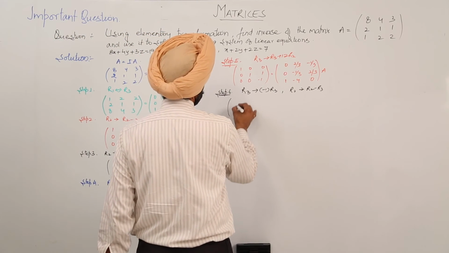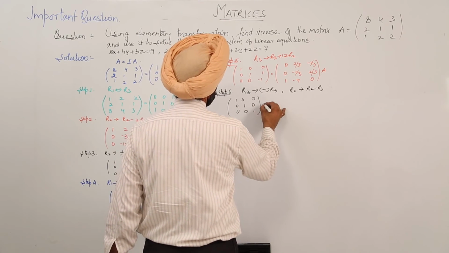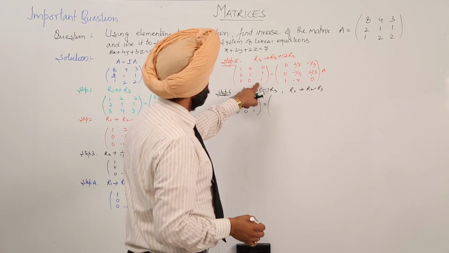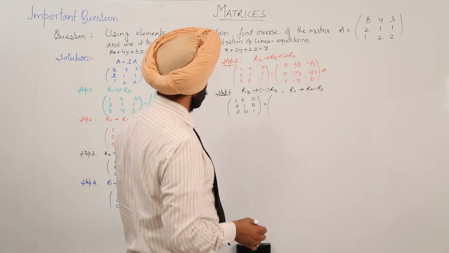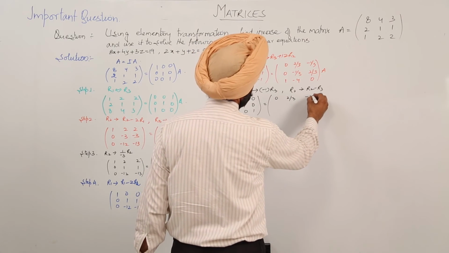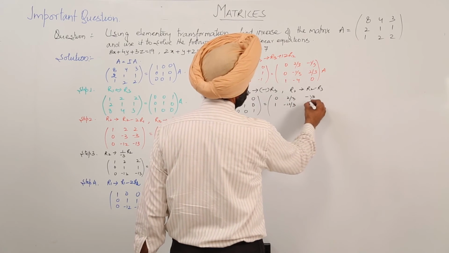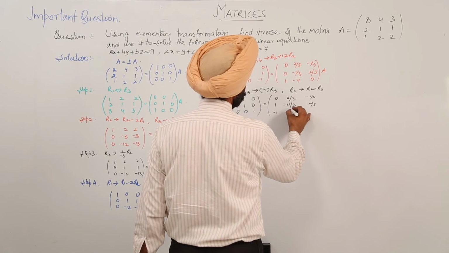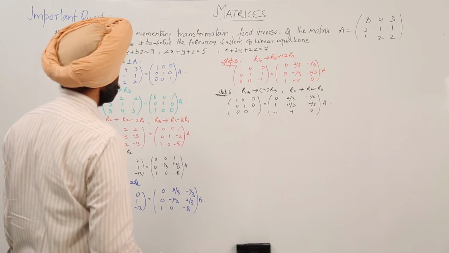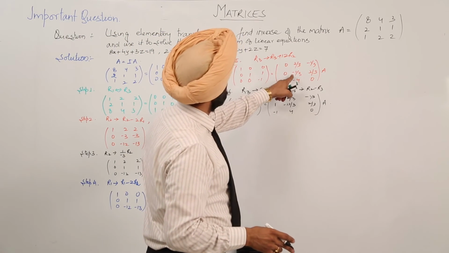So now we are having 1 0 0, 0 1 0, 0 0 1 is equal to, now this side, first of all R3 will become positive, then all the signs will be changed. So we are having now 0, 2 by 3, minus 1 by 3, then 1, minus 13 by 3, 2 by 3, minus 1, 4 and 0. So we are getting the inverse. Again, be careful when you are doing the question. Now let's check this step.